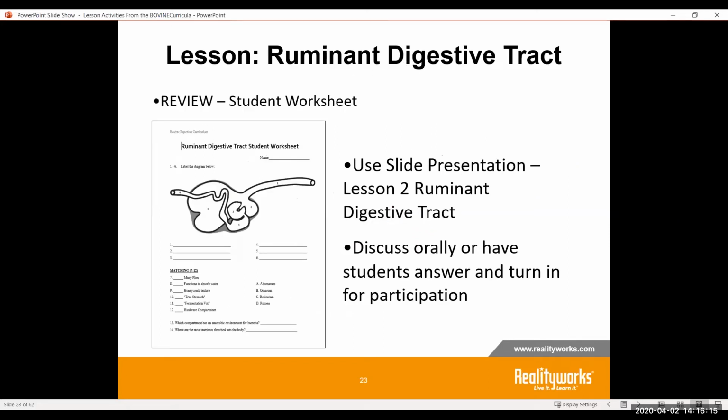And then for review, one of the great things that we have is different worksheets, different quizzes, and different opportunities where you can actually email this to your students.